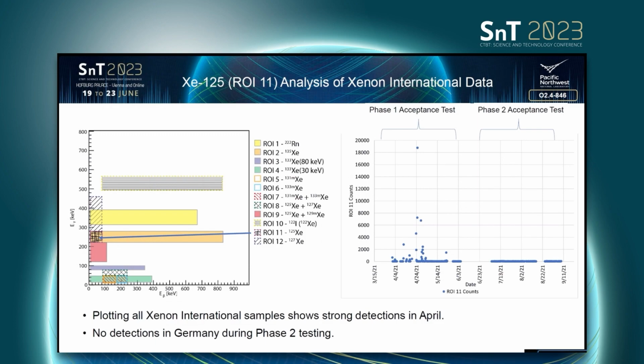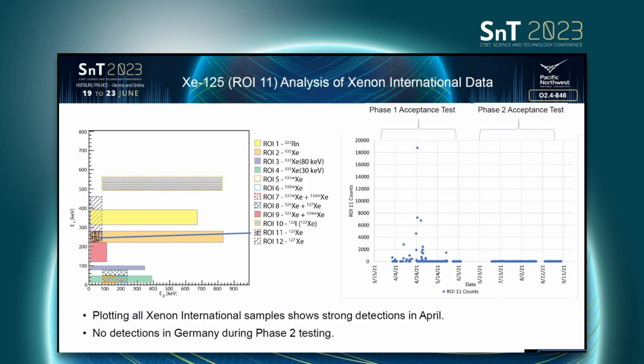And you can see the data that's plotted. When the system was in phase 1, that region had counts in it quite often during the phase 1 acceptance test. And then when it was in phase 2 up in Schauinsland, we saw none. So the